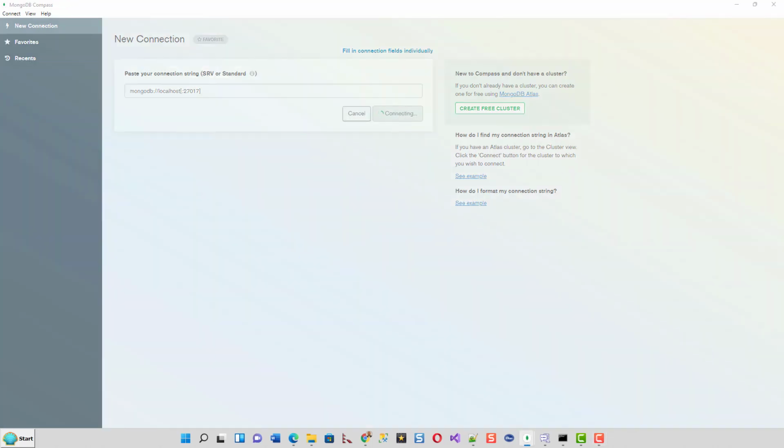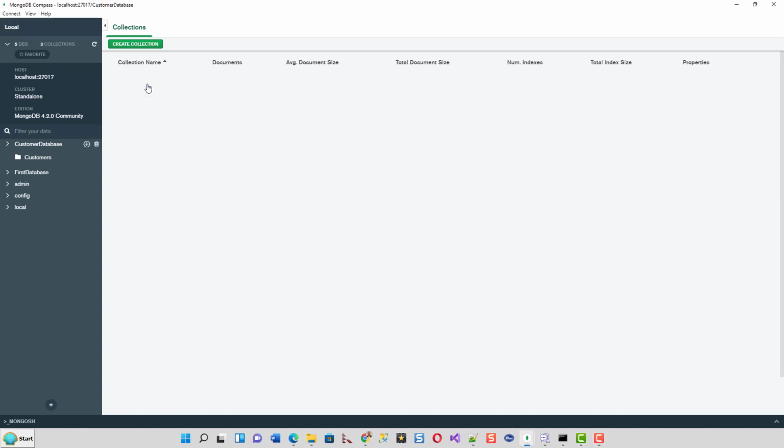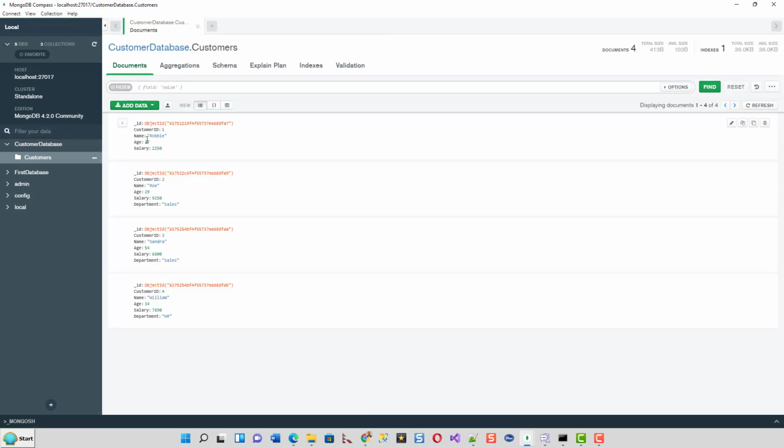It is connecting. So you can see on the left hand side, the host is already localhost, the port number 27017, and this is the standalone cluster, and I have still the previous version, MongoDB 4.2.0 community. Okay, and these were the databases which had already been created. Now this is the customer database that we have been working through, and I have added a few records. I wanted to show you, this is the GUI, and it's a very great tool which actually helps you get rid of writing lots of queries on the command line.